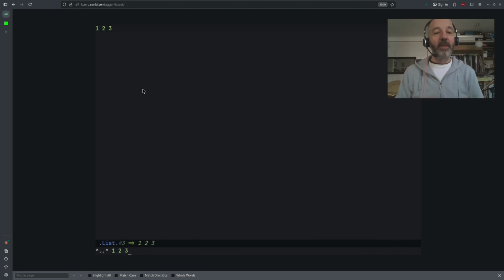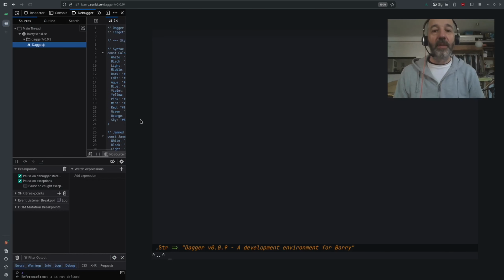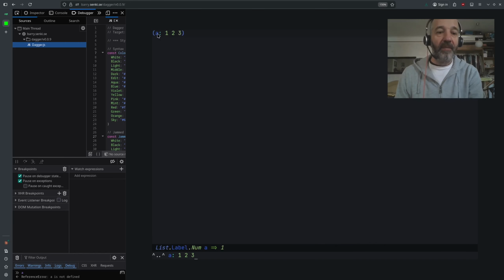Now the problem with the old syntax, which was already supporting this, was that labels, for example, work the same way as any other operator. So labels tried to bind to their immediate neighbors, which meant, and now I jump into version 0.0.9 for a moment, if I wrote A is 1, 2, 3 and inspected the result, I found that the label was binding to a num with a value of 1, which means that the label was bound to the